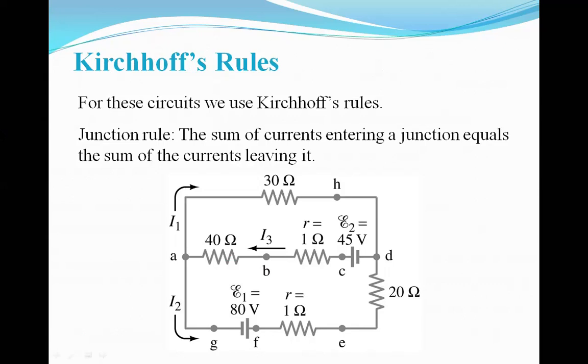If we say that this particular point A is a junction and this current I1 is leaving away from the junction, and this current I2 is in the opposite direction, so both the currents are leaving away from the junction. It means minus I1 minus I2 is equal to 0, or we can say that I1 plus I2 is equal to 0. So the summation of all the currents here,